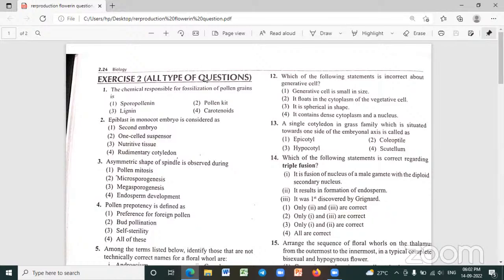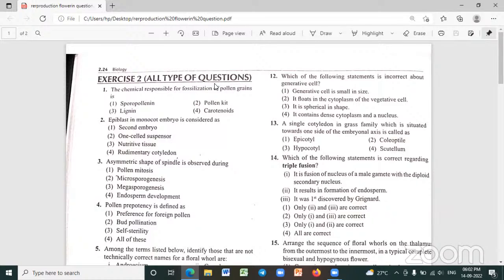Can you see the question paper, my dear students? Sir, we could see, sir. Okay. Only 2 members we are having. Today we are going to discuss the question paper. The one you attended last time, we are going to discuss that question paper. This is a discussion session. See exercise 2.